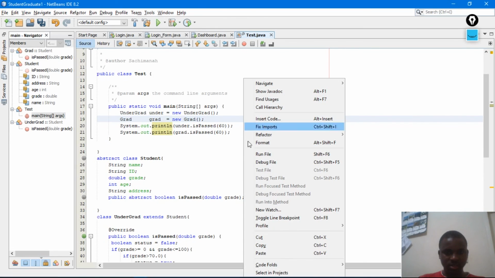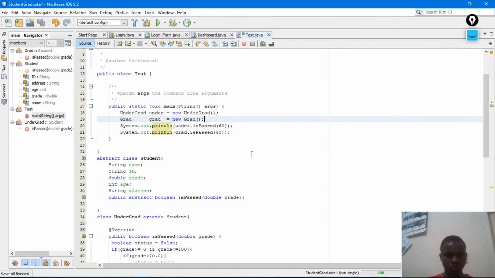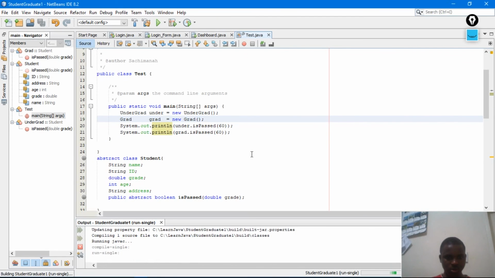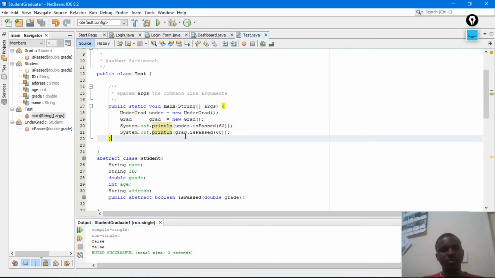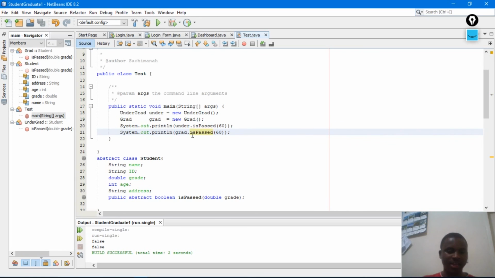So if I run this, let's test this method. Okay, and you see here it is returning false from the undergrad method, and false here from the implementation from the grad class. Why?